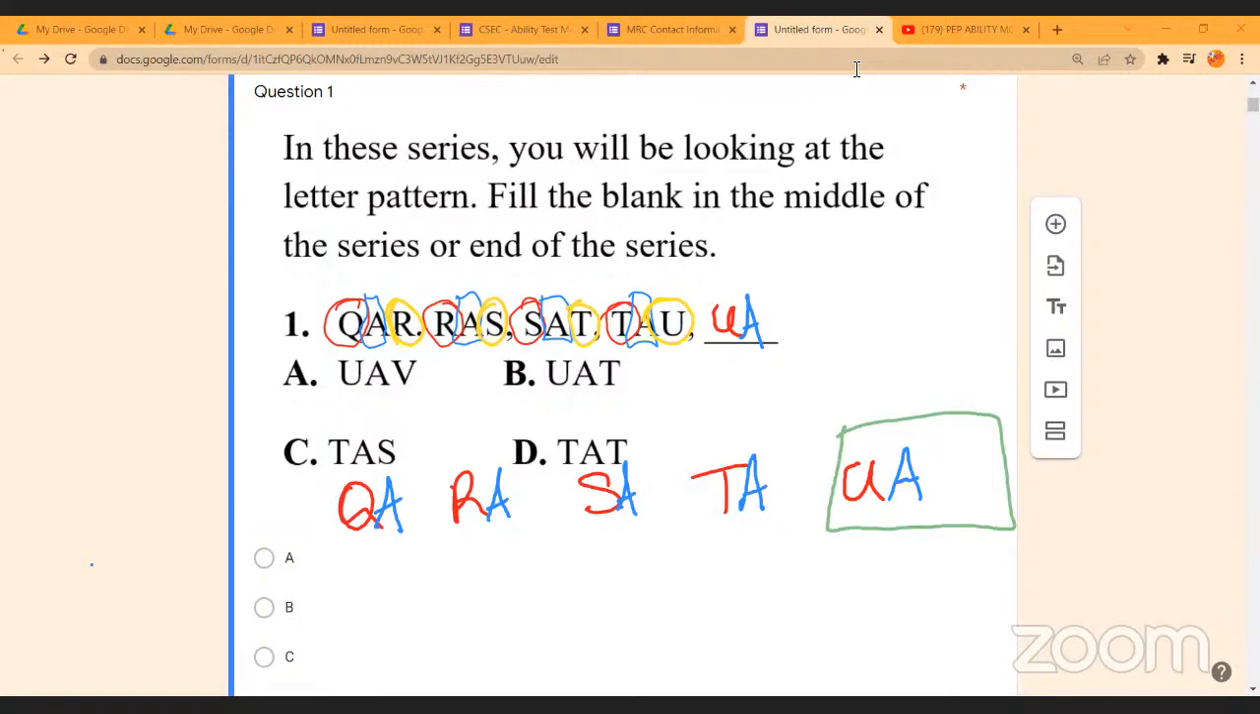All right, I do apologize for that. Let's finish this last part now. Since I've been cutting you so much, Tiana, I'll just finish it off for you. So we have UA, and the last part would be